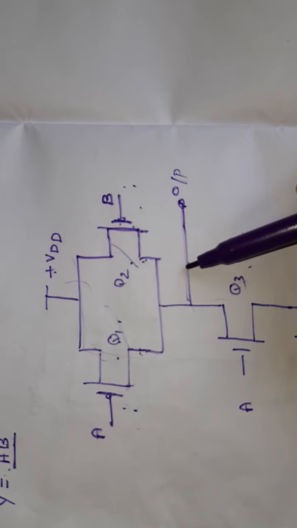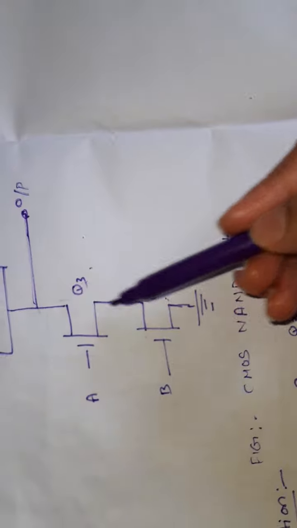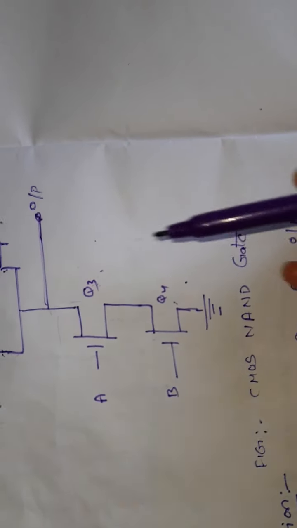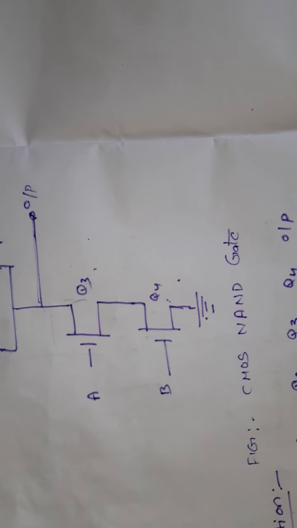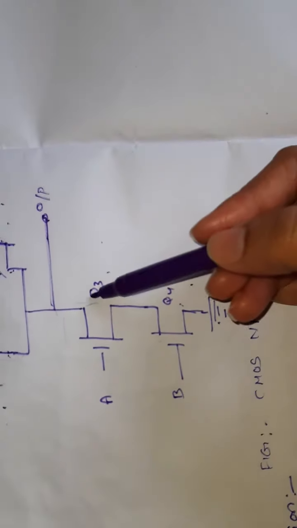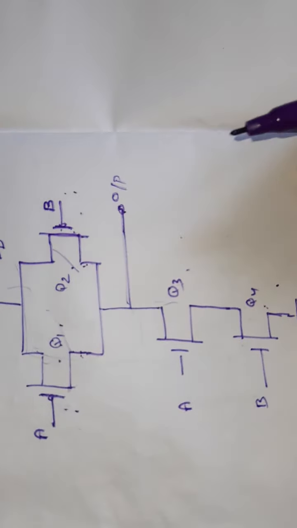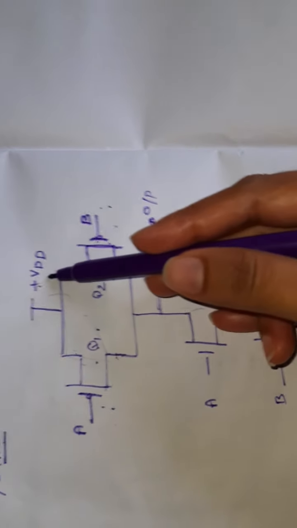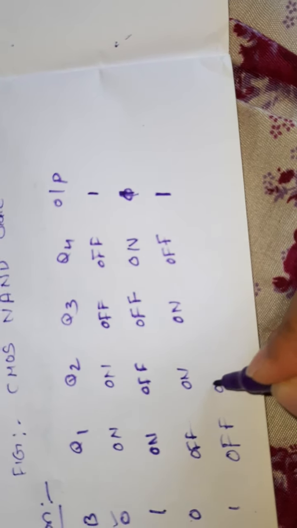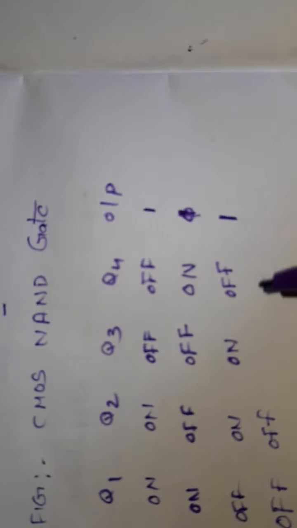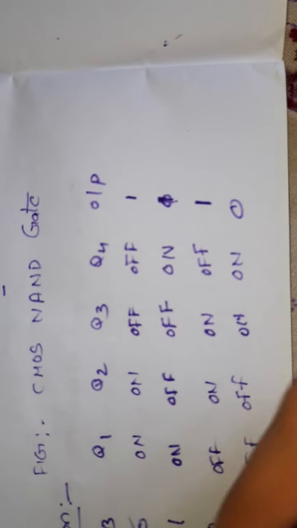So one more important point you have to remember is, whatever the operation of the pull down network, either it may be closed circuit or open circuit, even though it is a closed circuit, all the voltage goes to the ground. So while constructing the functional table, you need not take the operation of the pull down network. So here both the transistors are open circuited. Then we can say that there is no voltage that flows from plus VDD to the output terminal. So here Q1 transistor is off, Q2 transistor is off, and here Q3 is on and Q4 is on. The output is 0.